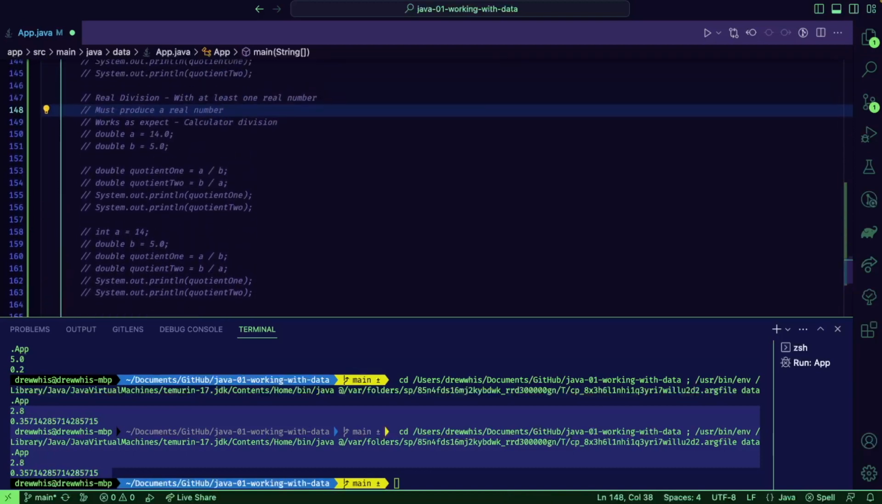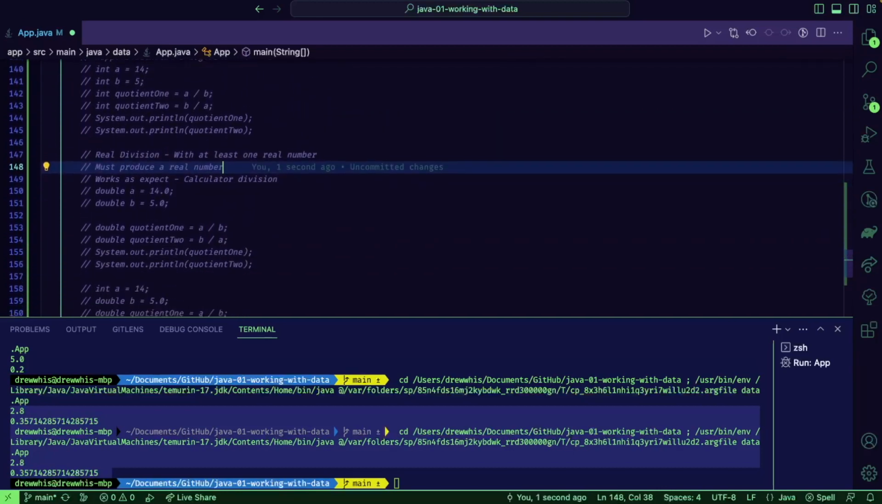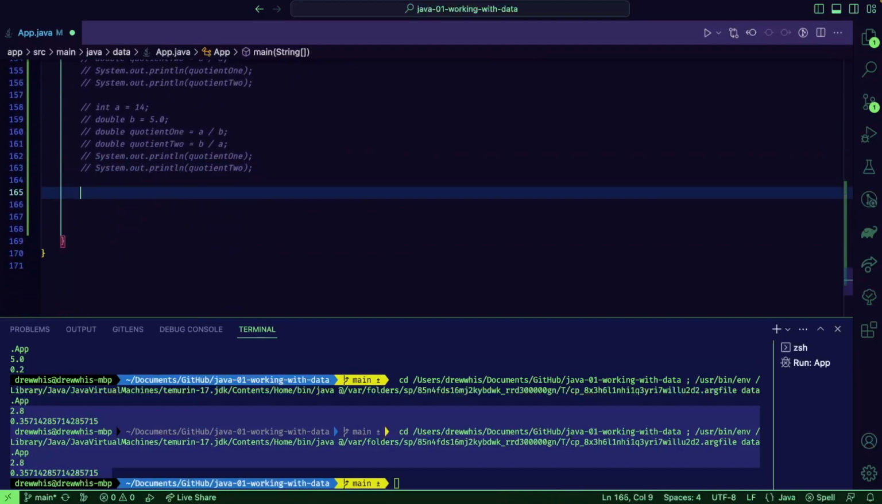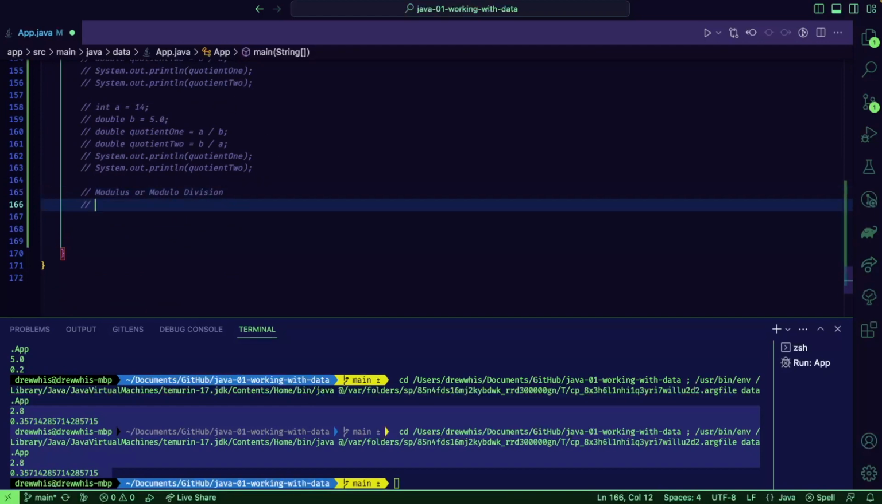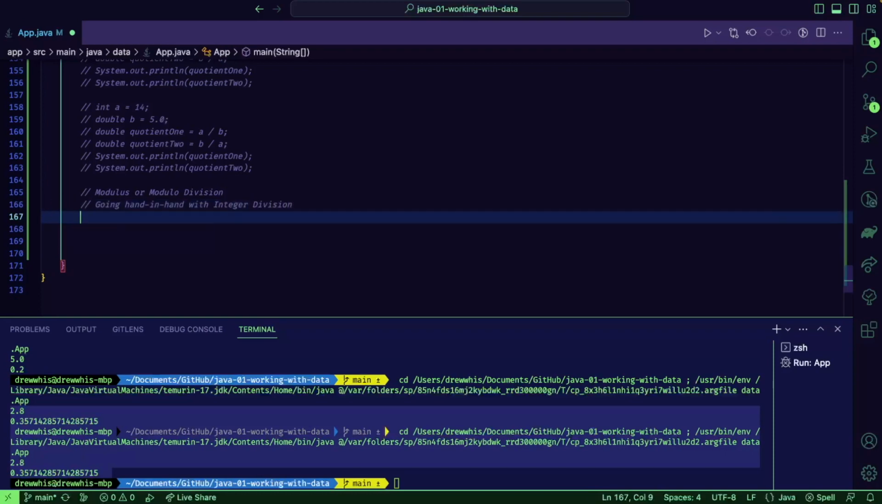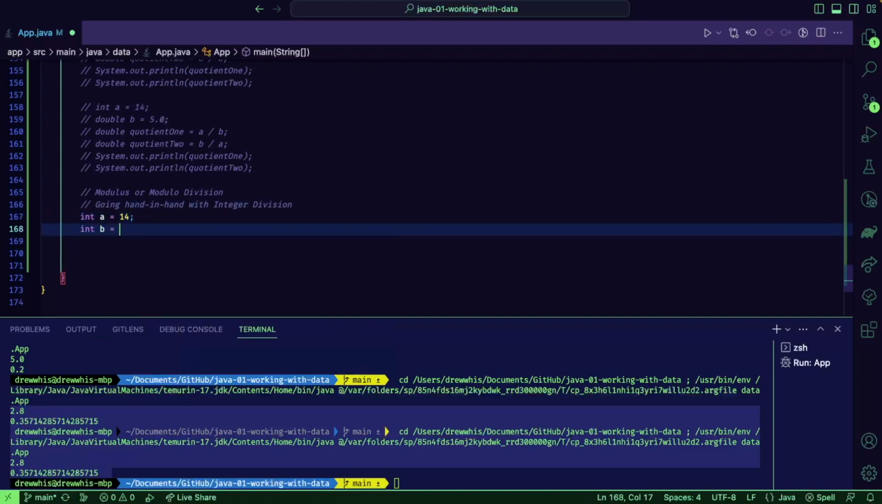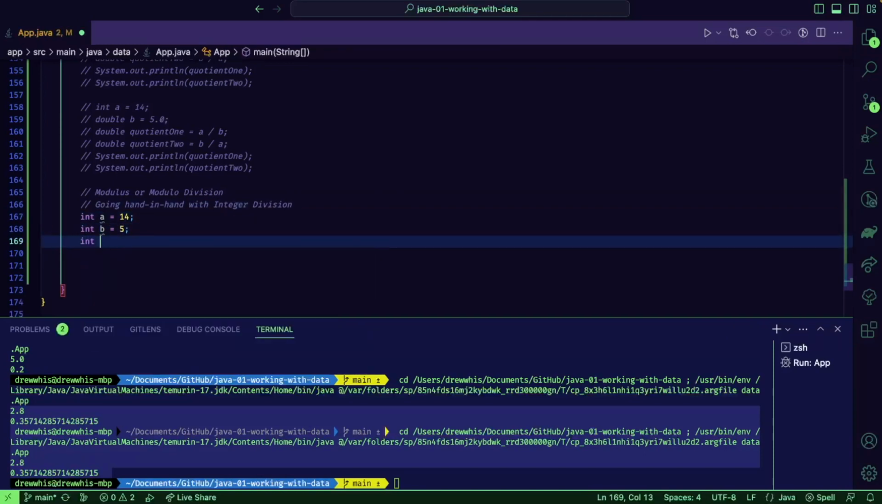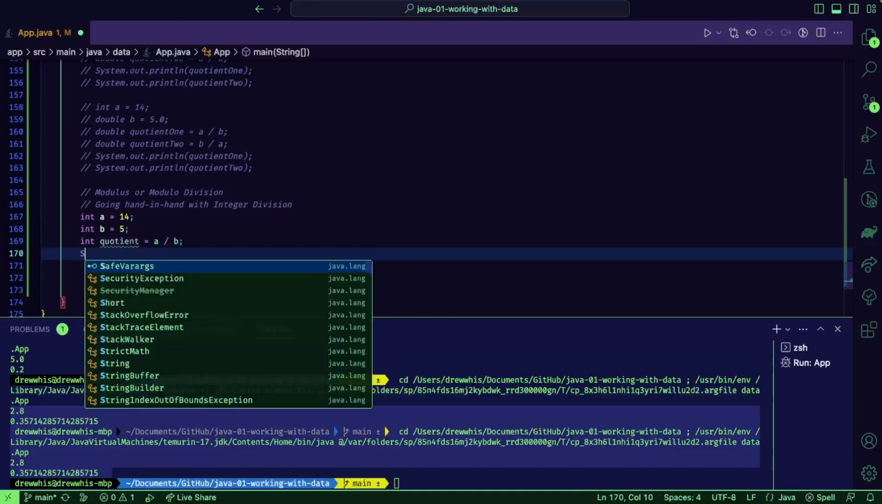Now, I mentioned there are actually three types of division. We have integer division, real division, and lastly, we have what's called modulus or modulo division. And modulo division you can think of as going hand in hand with integer division. So if you have two numbers, let's say A is 14 and B is 5, you can say, okay, well, I want to know what the quotient is, and the quotient is A divided by B, and you can say